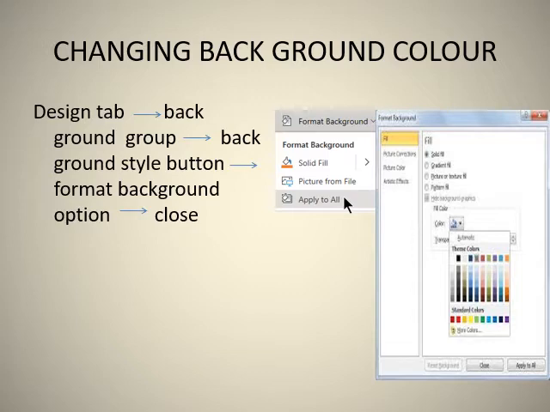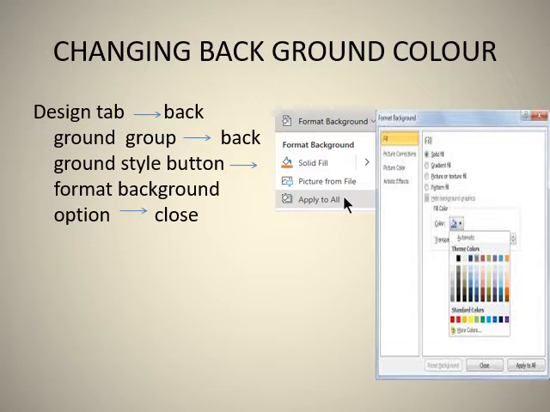When we click on that Format Background option, a Format Background dialog box will come, as you can see here. From here we can select any option that we want, such as solid fill, picture from file, and apply to all.